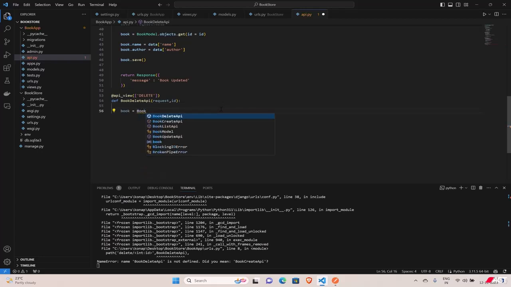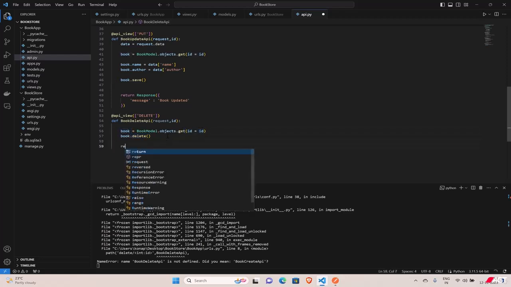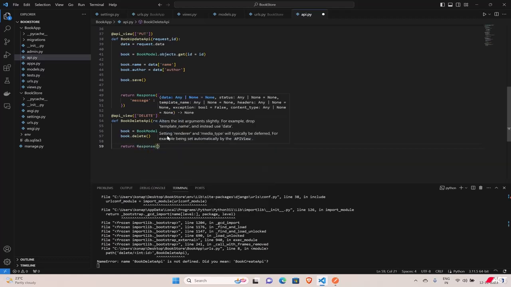So book model dot objects dot get. First, we will get the book with the particular ID, and then we delete the book. So book dot delete. This will delete that book from the database. For saving into the database, we use a dot save. Similarly, we use the dot delete here once we get the book from the ID. And then we return some response with some message